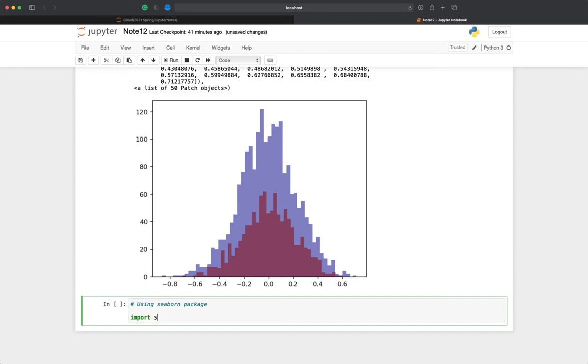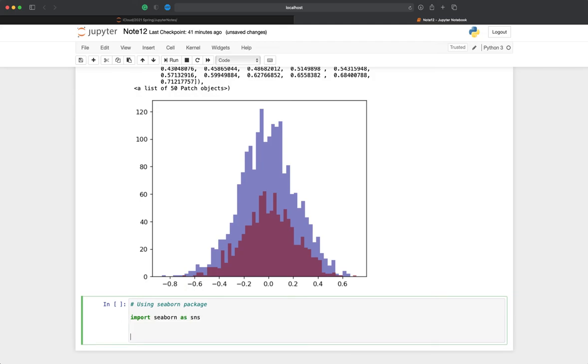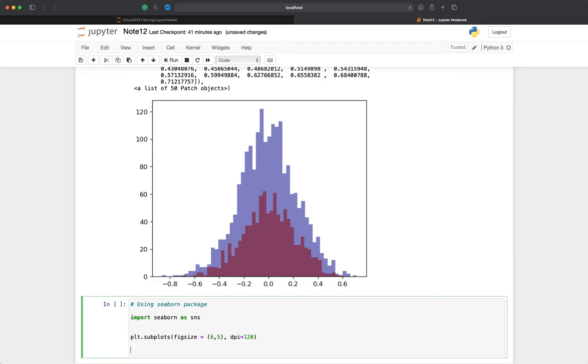Import seaborn as sns, and then I'm going to use plt.subplots with figure size 6 and 5 and DPI resolution of 120, and then I'm going to use sns dot